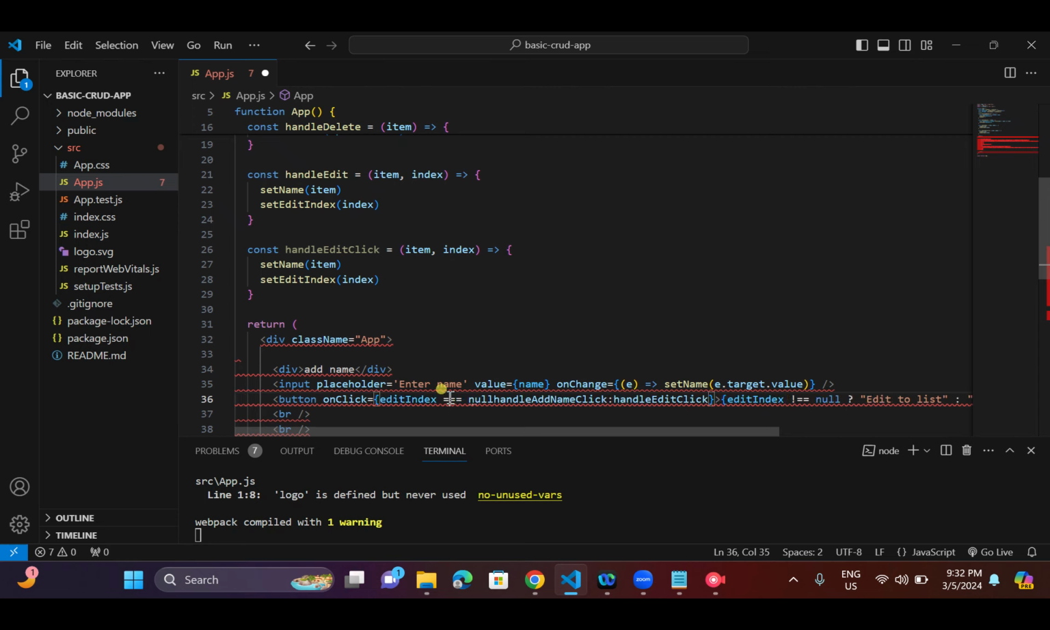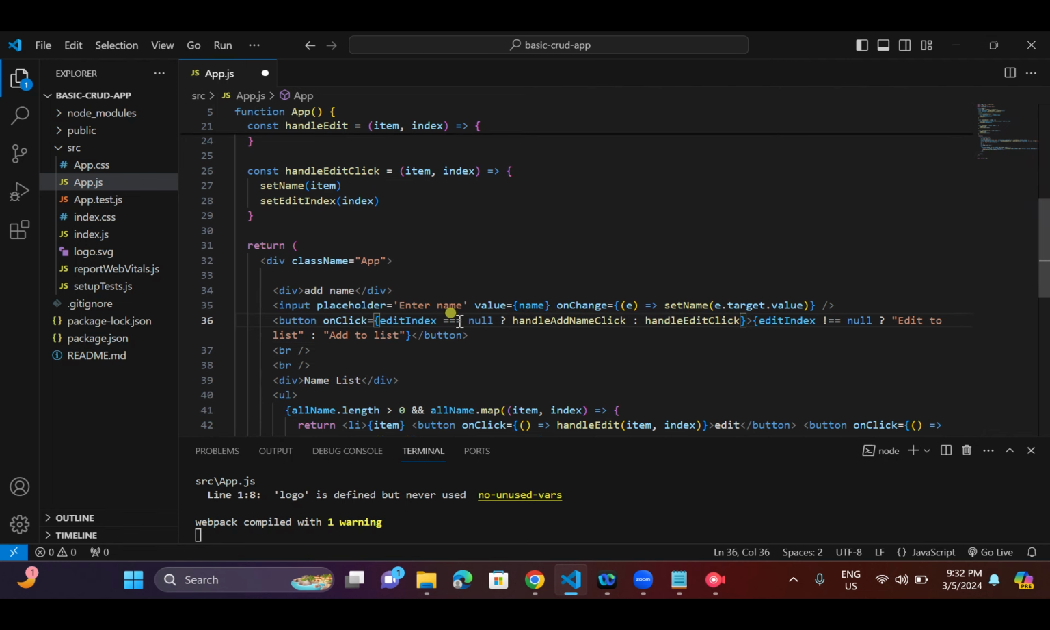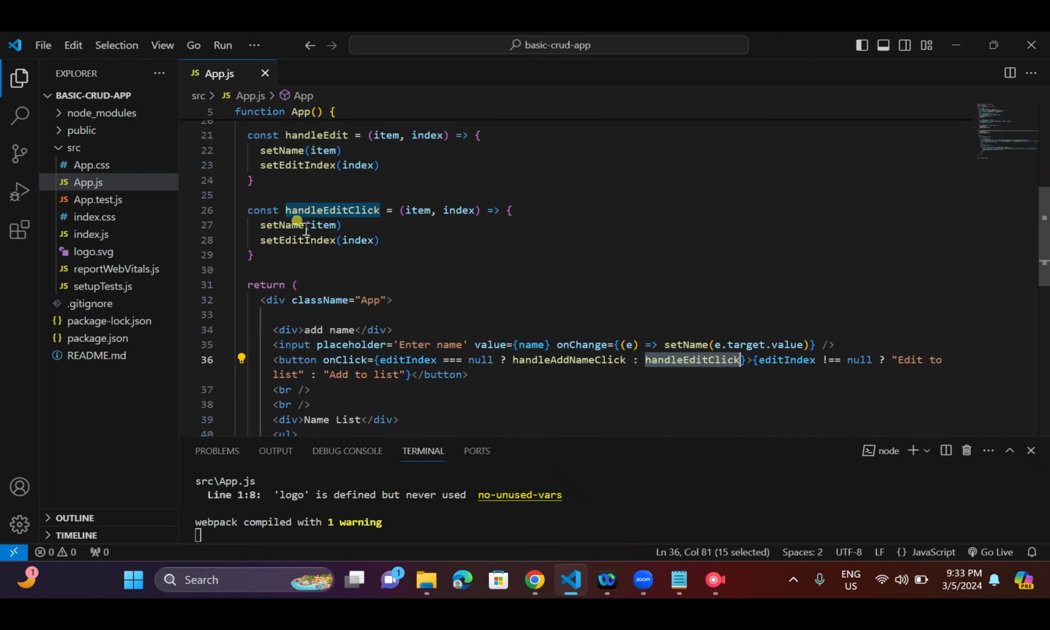If not equal to null, over here I will write equal to null. If it is equal to null, then call the add functionality, or else call the edit functionality. If edit index is equal to null, then basically it is an add functionality, or else call the edit